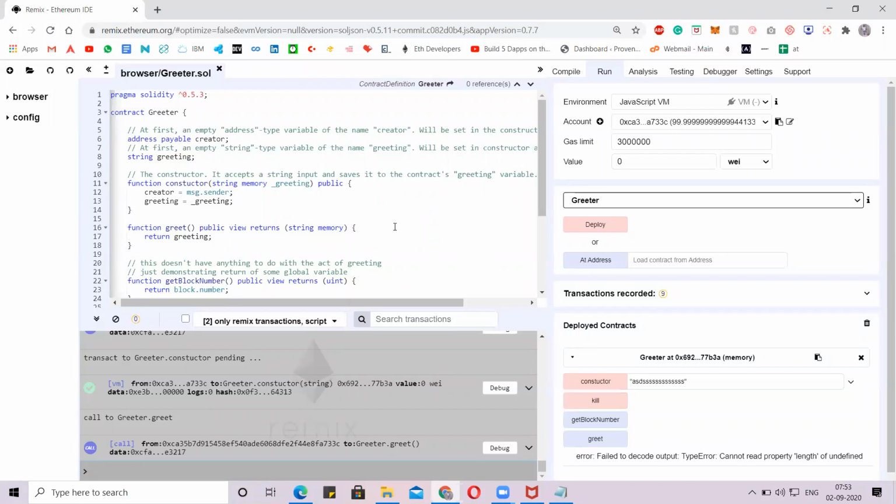Cool. More. That's cool, Abdullah Aziz. But I need the data. How can I get the data now? Do I need to deploy the contract again, or do I need to change anything in the previous contract?